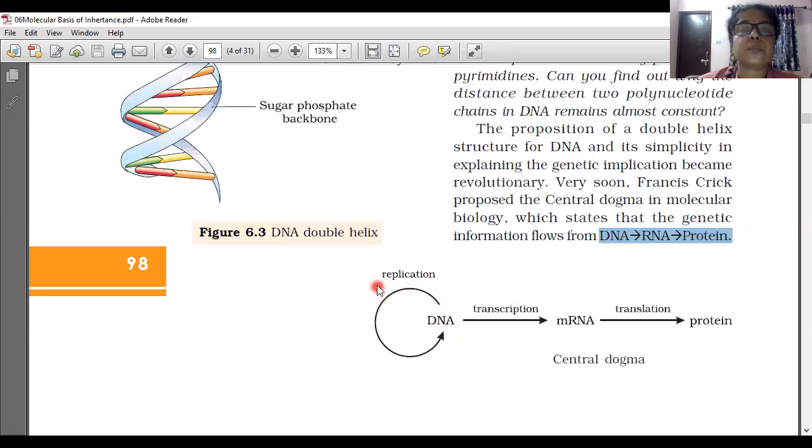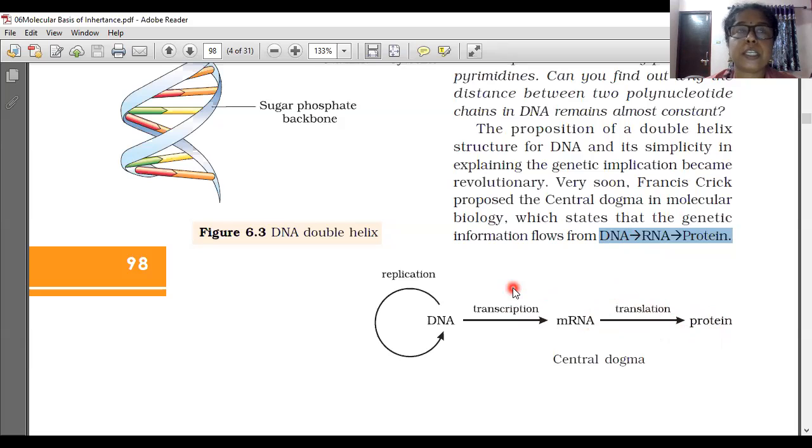A copy of DNA is forming, that is known as replication. From one DNA, this copy is forming. An exact copy is called a replica, so this process is called replication. And in another process, from DNA, RNA is forming, that is messenger RNA is forming, that is called transcription. And from messenger RNA, synthesizing protein is called translation. So 3 terms we learned now: replication, transcription and translation.